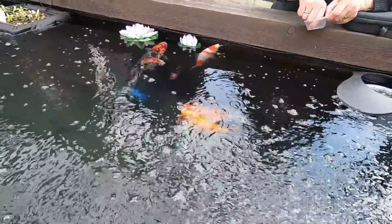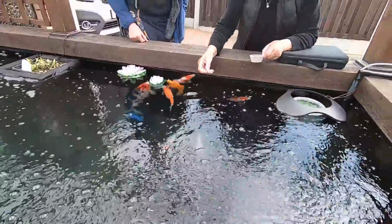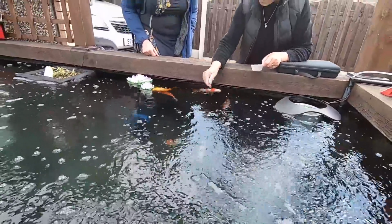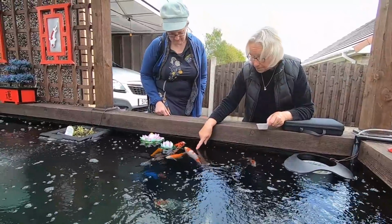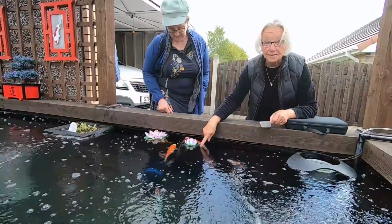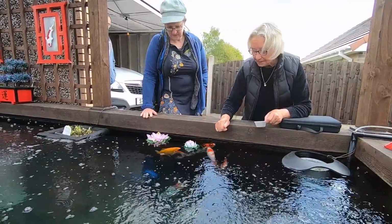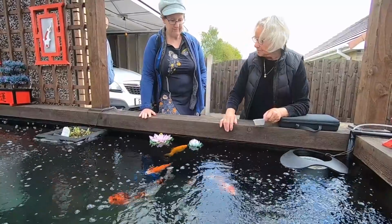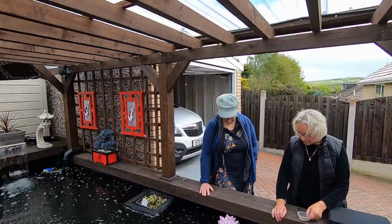It was very, very tiny when I got her. Yeah. And it has grown. But these koi, they must have trebled in size. Yeah, and shower. Yeah. That one. Yeah. Must be happy. Beautiful. But for a long time, the little one was just...